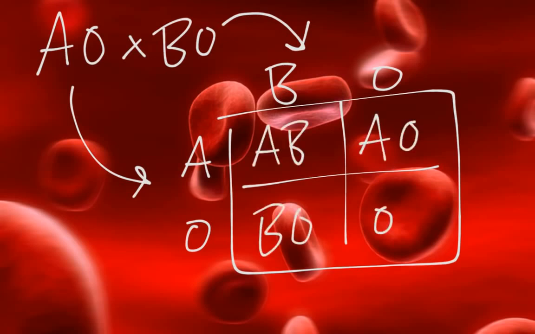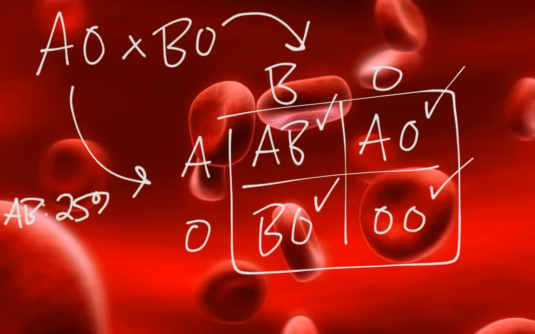And you can see from this particular cross, we can get all 4 blood types. We can be type AB, we can be type A, we can be type B, or we can be type O from this cross. And as far as how we would write out the phenotypic ratios, it's just the same as any other cross. We could say that in this case, children, we're going to have 25% are going to be type AB. We're going to have